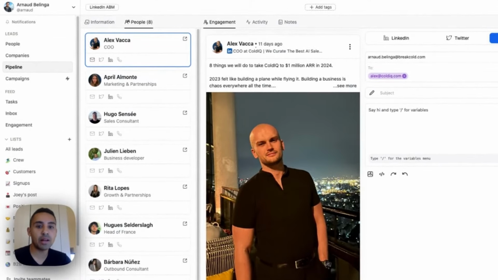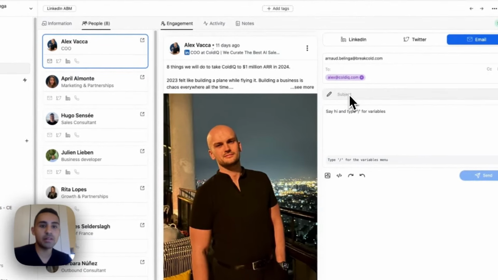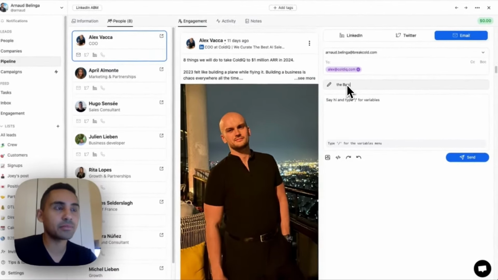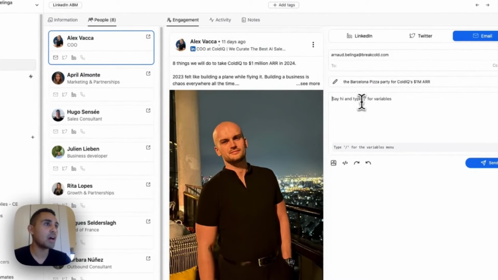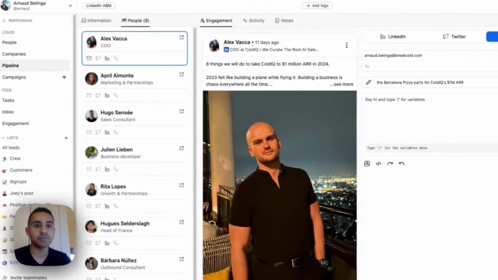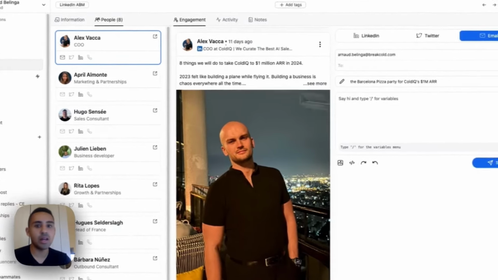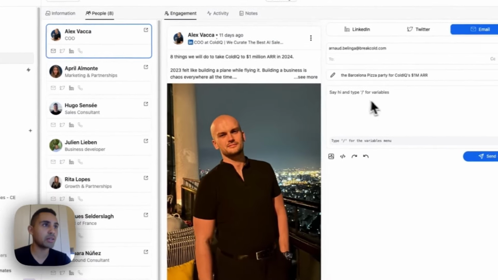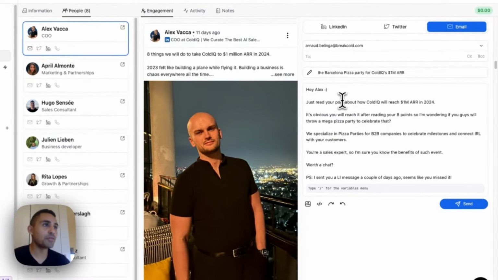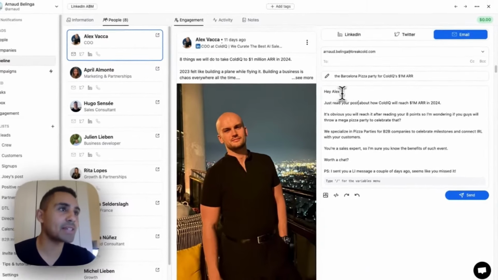So for the email, I think I have something that can be good: the Barcelona pizza party for CallIQ's 1 million ARR, because in his post he is talking about this. So I think it can be a good strategy here. And then for the email, I'm gonna pause quickly and go back. All right, so for the email, it will go like, hey Alex,